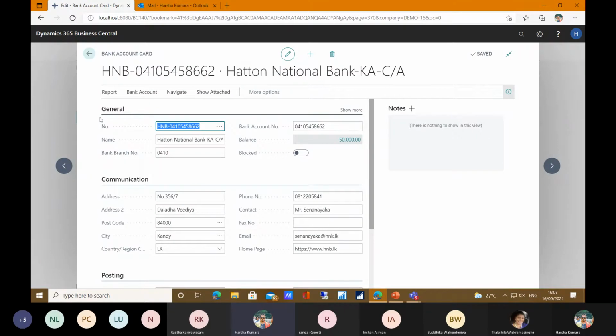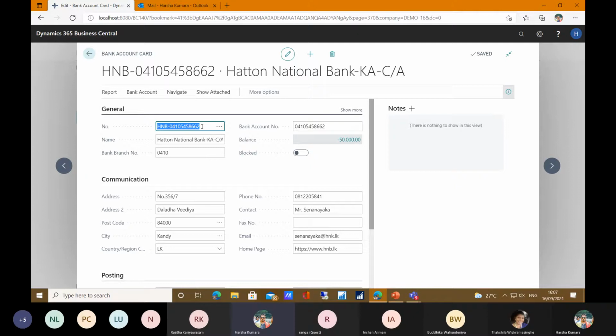We have to create the bank account card in Business Central, and we have to number it. In the number, if you like, you can maintain your account code as a number, or we can create it as a number series. Then when you create a new bank account card, the system automatically increments the number series.